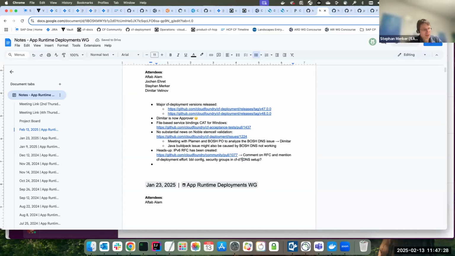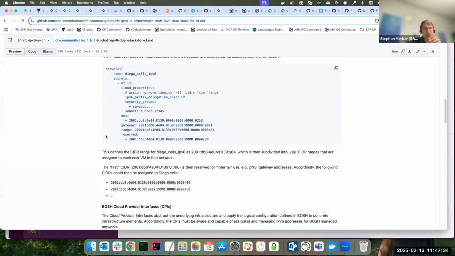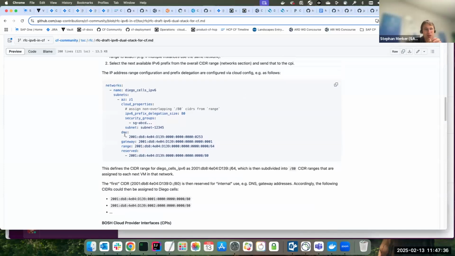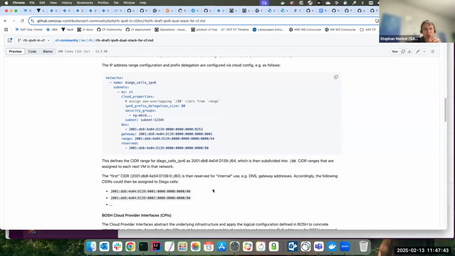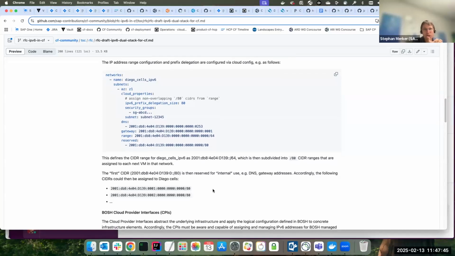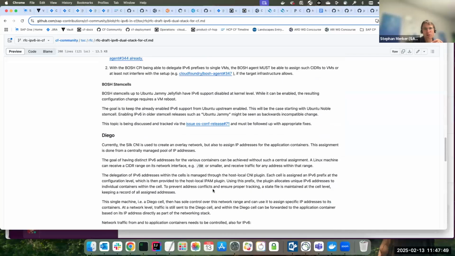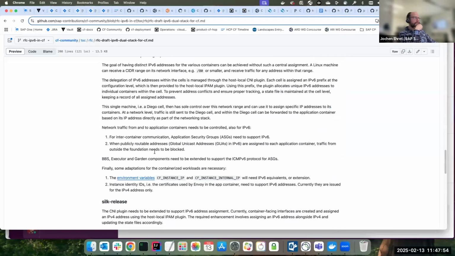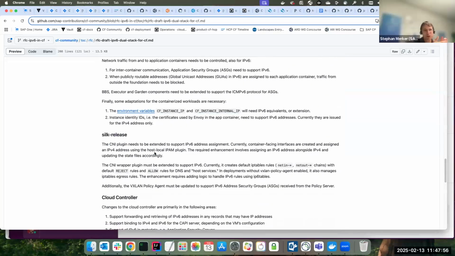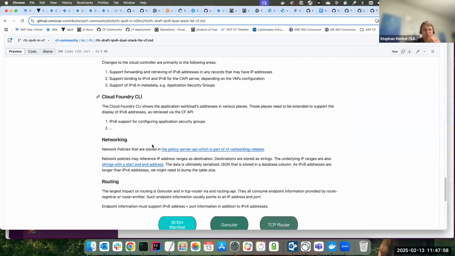For many single components that's already listed in the RFC, and I know that we have already some landscapes where the ingress is already enabled for IPv6, and it seems to work. But for outgoing traffic, at least I know in the cloud controller, we have to support application security groups with IPv6. At the moment, you cannot specify such CIDRs. And Diego has to do it as well. So there's a long list.